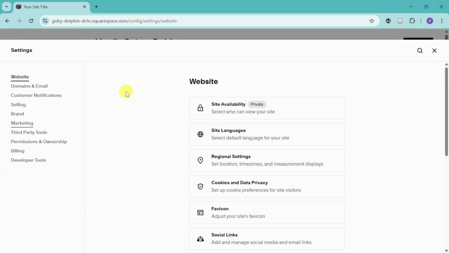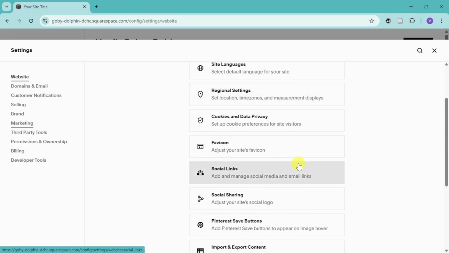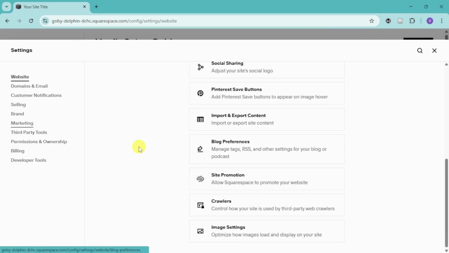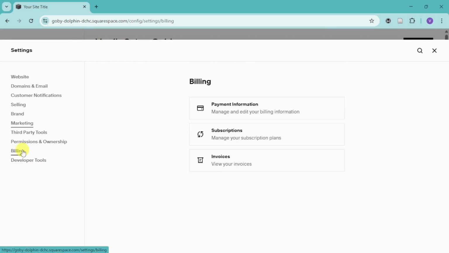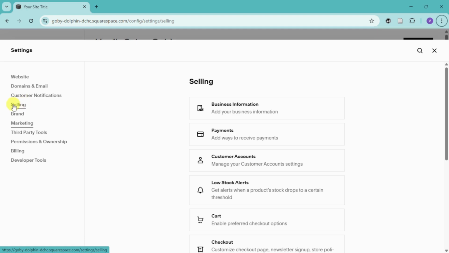Then from in there, you can see all of these options. You can proceed to go over right here into your billing, as well as heading over right here to the options that allow you to do this. On your billing, you should be able to see your payment information as well as your subscription and invoices. If you wish to receive payments, you can head over right here to the selling, and under this, you